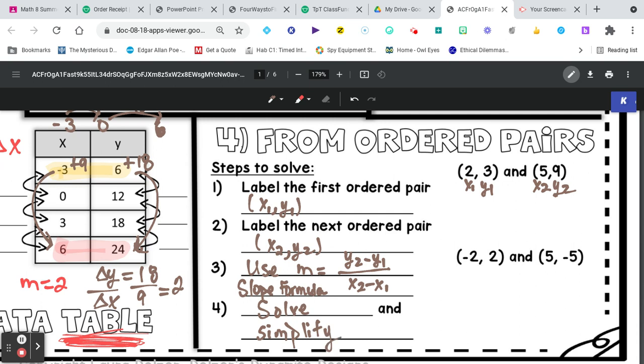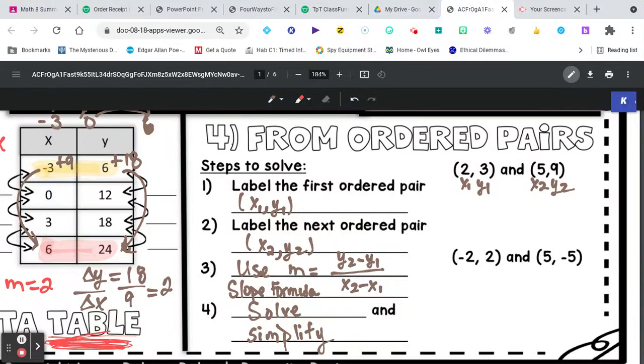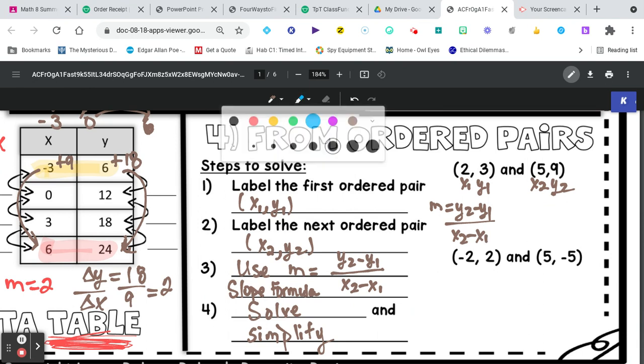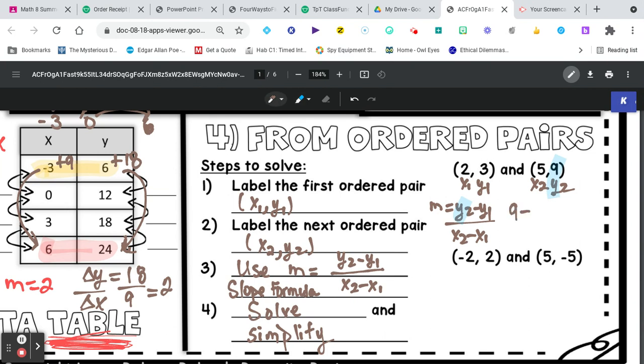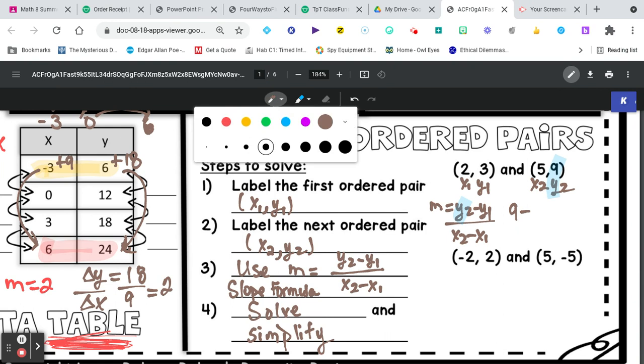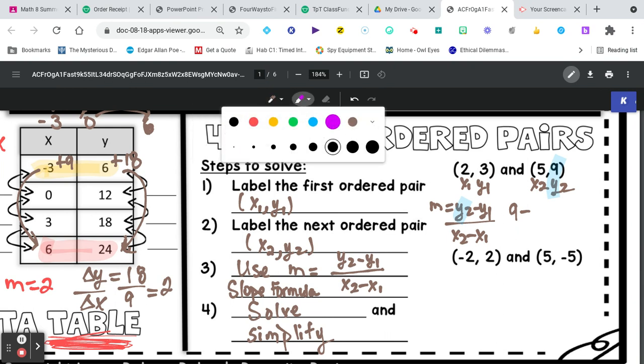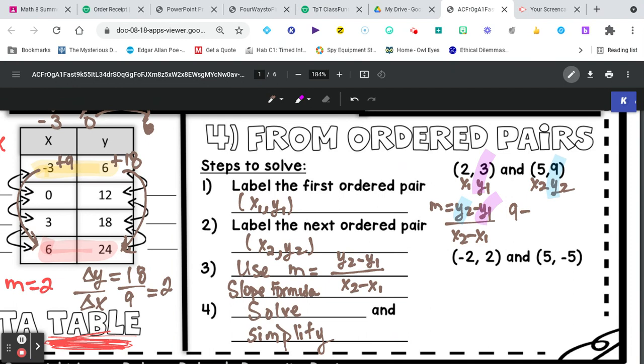So let's practice. On this first one, I already have my x sub 1 and y sub 1, my x sub 2 and y sub 2. Remember, every ordered pair consists of an x and a y. So what I'll do now is use the slope formula: y sub 2 minus y sub 1 divided by x sub 2 minus x sub 1. It's asking for the second y first. The second y is 9, so you write 9 minus the first y. According to what I have labeled, the first y is 3. So I'll write 9 minus 3